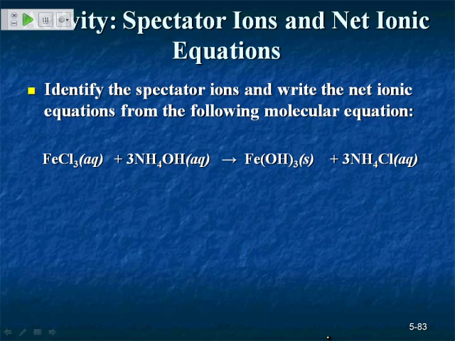So once again, we have the balanced molecular equation with the physical states. So let's do the ionic equation. Fe3+. How do I know that? There are 3 chlorides and I know chloride is 1 minus. So if there are 3 chlorides, Fe must be 3 plus. So Fe3+ and 3Cl- (aq), plus,